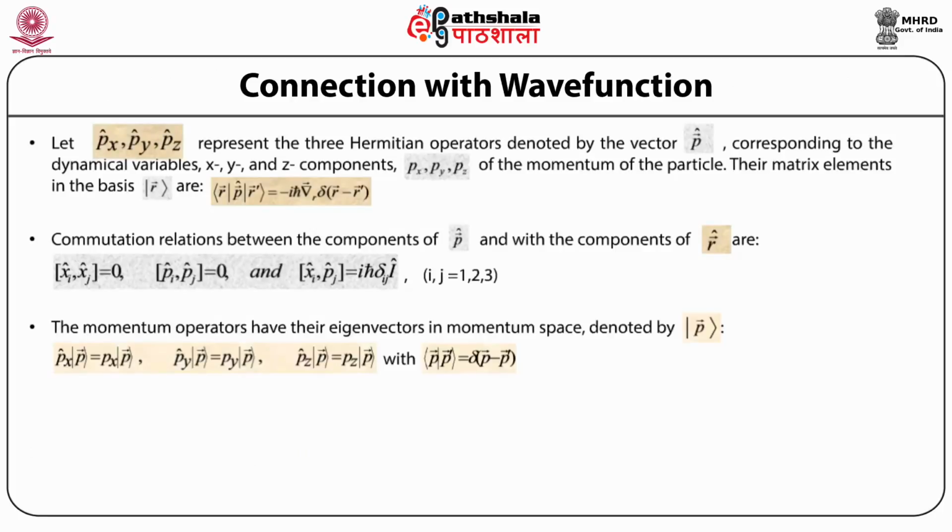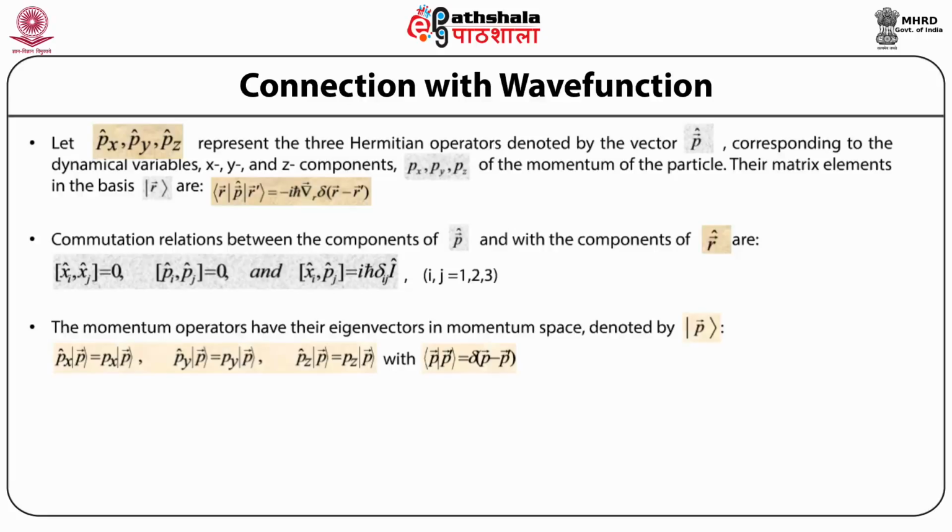Connection with wave function. Now let us study the connection with the wave functions. Let us consider three Hermitian operators denoted by px, py and pz, which denote the vector p corresponding to the dynamical variables x, y and z components. That is, for the vector p, the Hermitian operator px corresponds to the dynamical variable of the x component, the operator py corresponds to the dynamical variable of the y component,